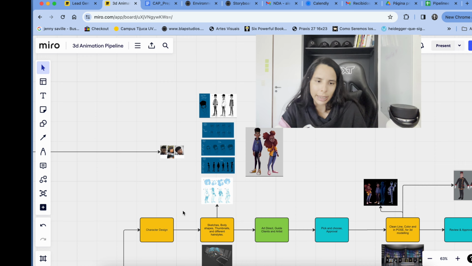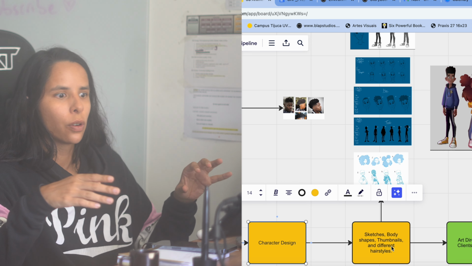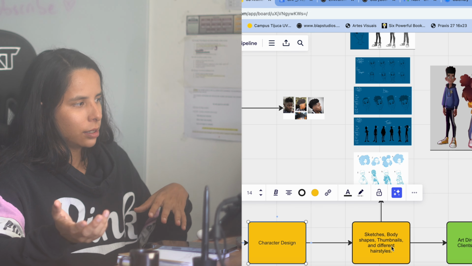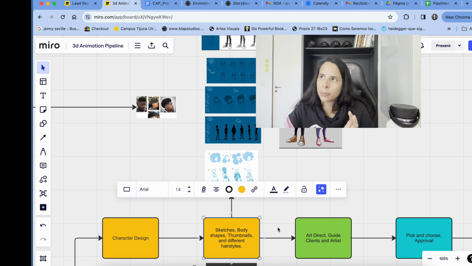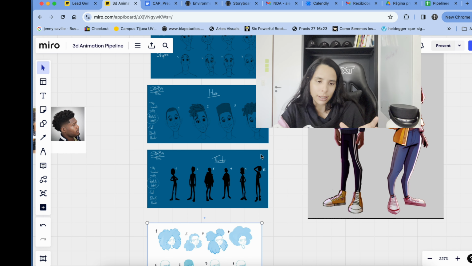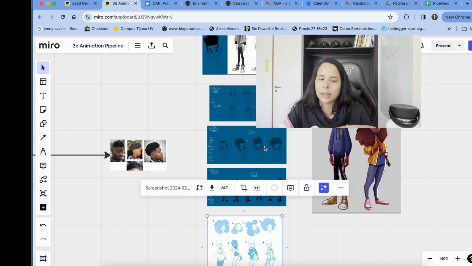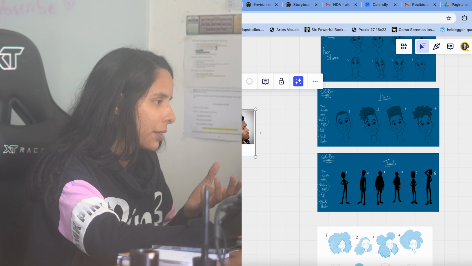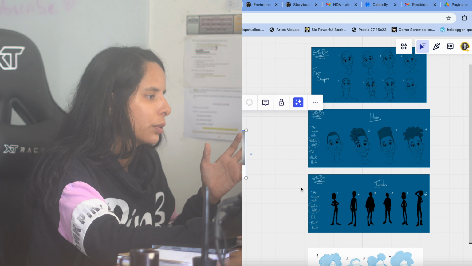Then let's go to the character design part, because these 3 are basically done simultaneously. Character design is a great and cool experience for the client and the artist as well as me. We love to do different types of character designs, but the best results that we have found come from this structure. For example, you send us the brief and the mood boards and whatnot, the emotions of this character, and we start creating different sketches. For example, here